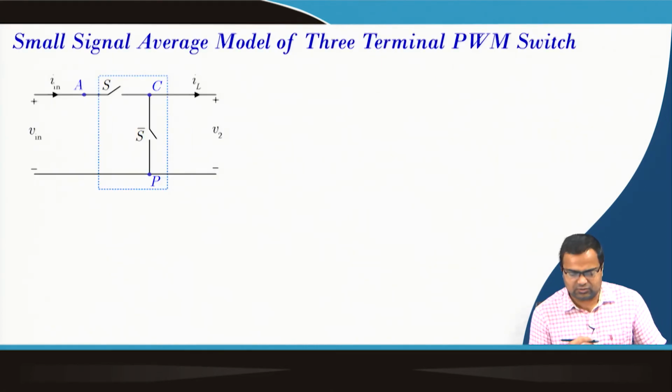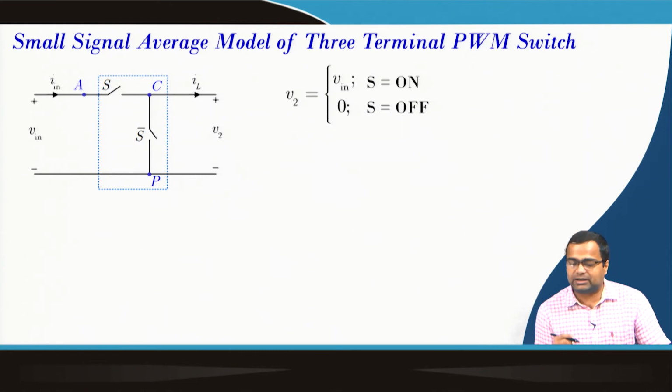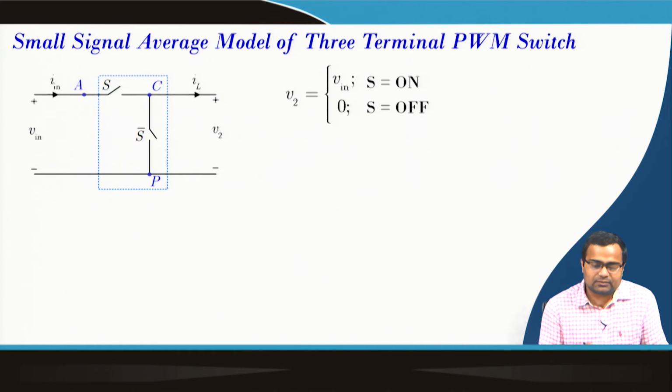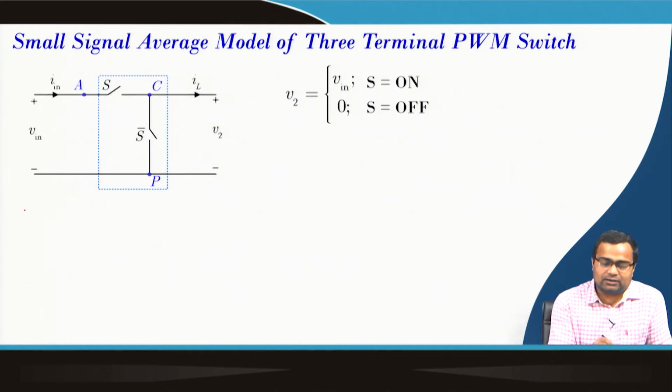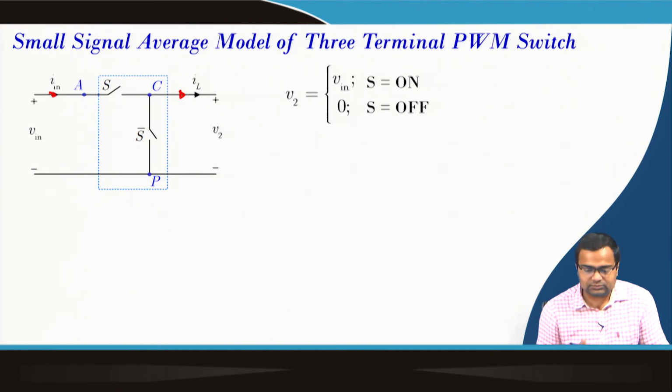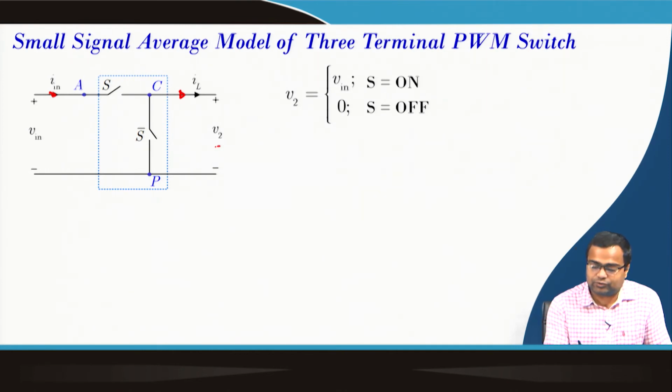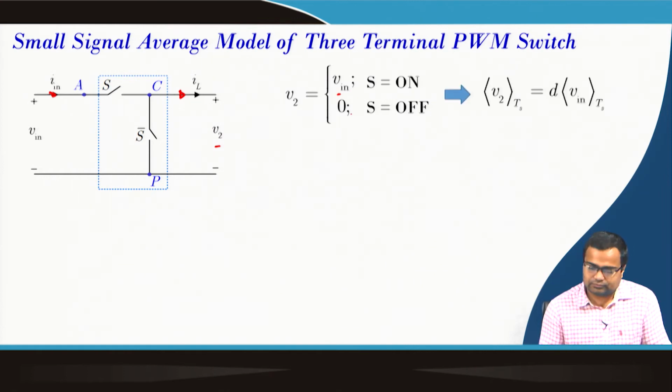Another approach we can do, if we take the 3 terminal PWM switch, here if we take a buck converter, here left side, if the input voltage and it is the input current, this is a switch model, and this is the inductor current going through, and this is a voltage across, this is a switch node voltage. You see, the switch node V2 is equal to V in when the switch is on, and it is 0 when the switch is off. So, then we can get the average voltage V2 in terms of D into average V1, and here again we are ignoring the ripple information.